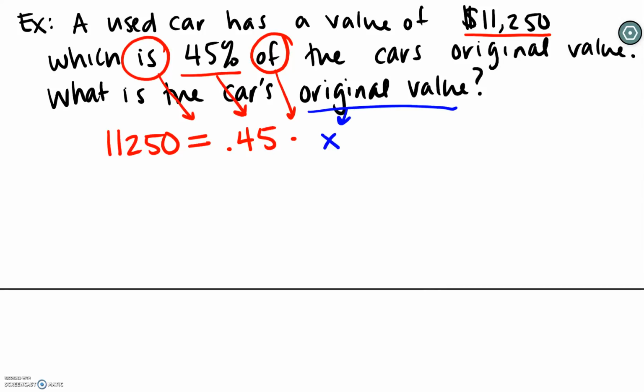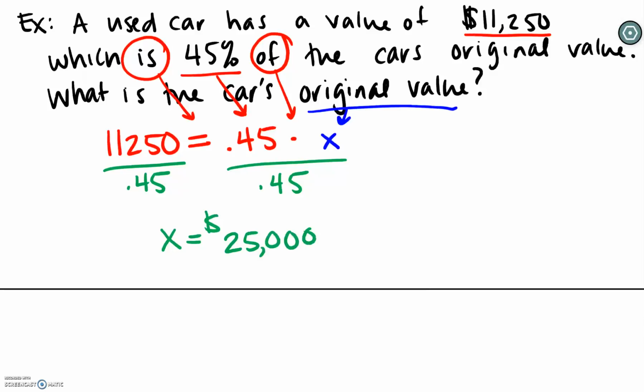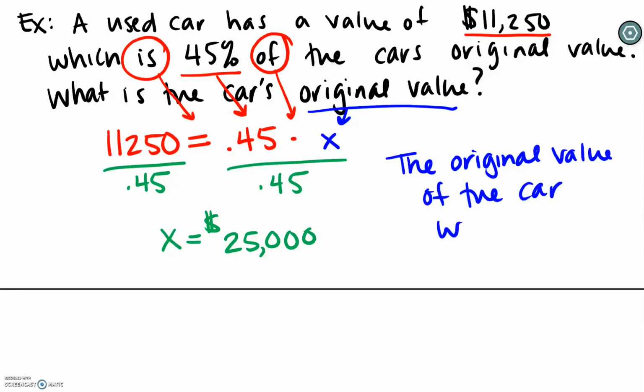So if we want to get x alone, we have one final step to figure out what the car's original value was. Divide by 0.45 on both sides. And we get x is equal to 25,000, and we should go ahead and make sure we put the units back on. The original value of the car was $25,000. And in most word problems, it's even best if you can write out the answer in a sentence. The original value of the car was